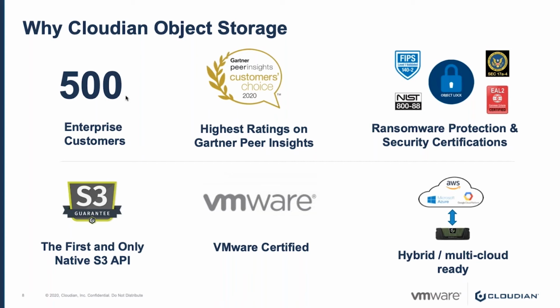You can also deploy this and take advantage of VMware's ability to do hybrid and multi-cloud, where if you're running your VMware infrastructure on, let's say, Amazon or somewhere else, you now have a single uniform way of managing and accessing Cloudian object storage across clouds, on-prem, public cloud, or even remote sites and